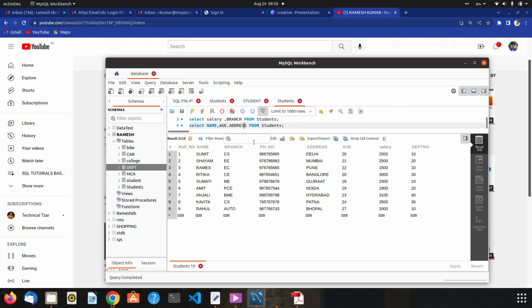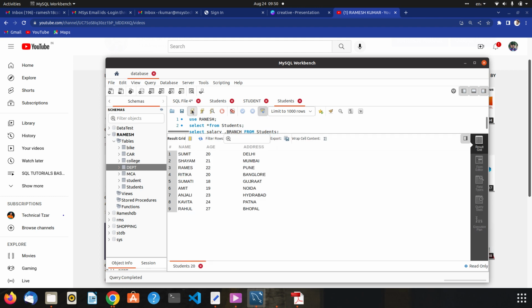So name, age and address. When we run this query, it will be printed successfully. Yes, you can see name, age and address.